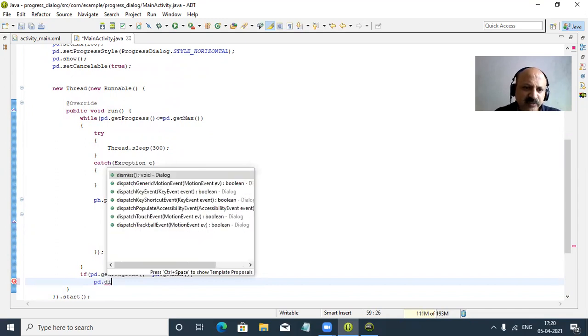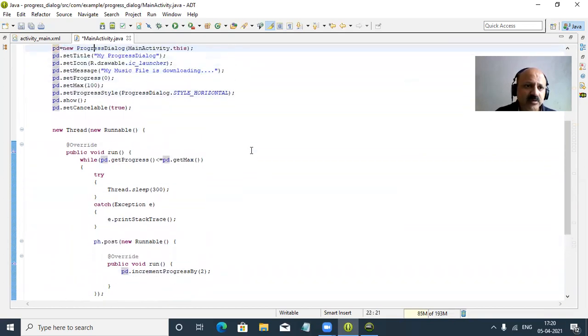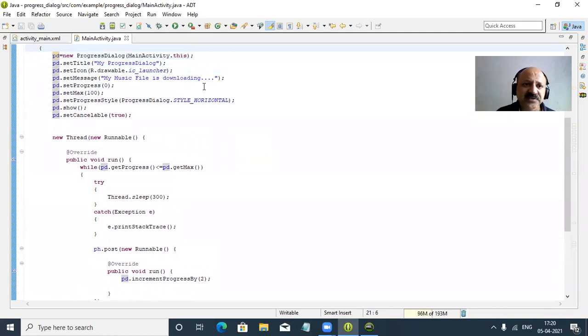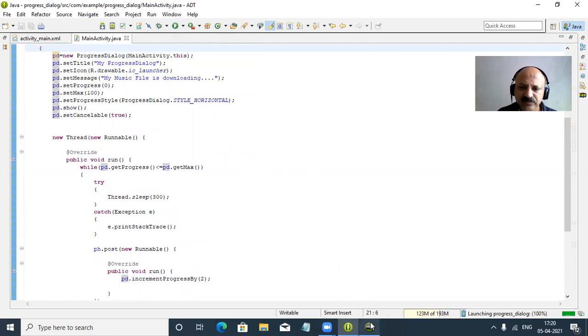So dismiss is perfect. You can look here, it is a Dialog class method, and the return type is void, and dismiss cancels it automatically. So we can also use set cancelable true. Yes, let us check set cancelable true. So I save, and at last we can try. Yes, let us check whether it works perfectly or not.